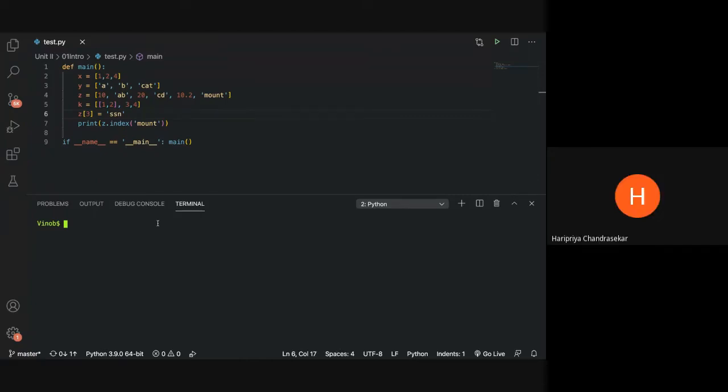Just now you showed us how we can flip the word, like SSN flipped into NSS, using slicing. Can you show that again? I'm trying it in my system and it says error, list index out of range. Just check if you are accessing an element which is out of range. Okay, sir, I'll check that.